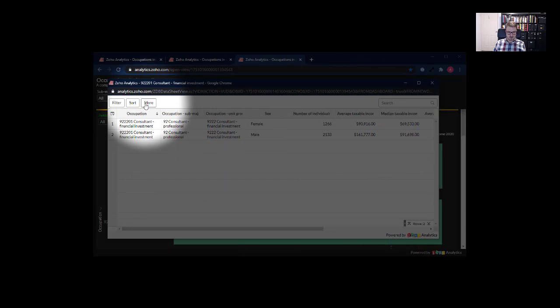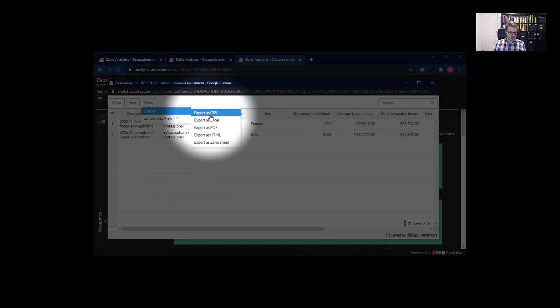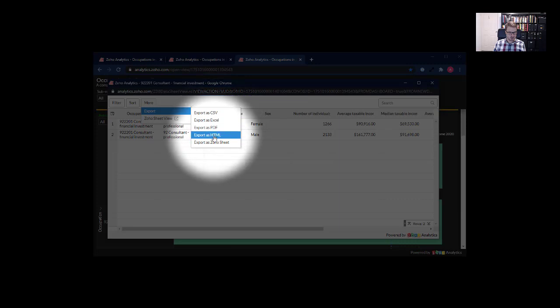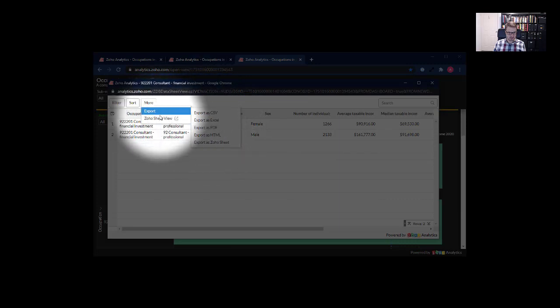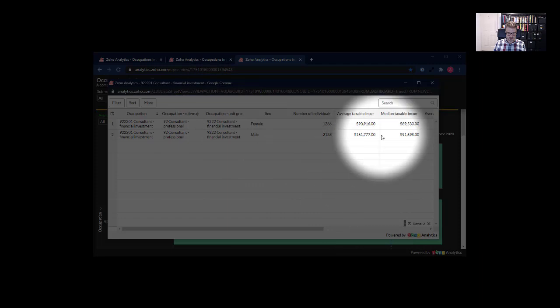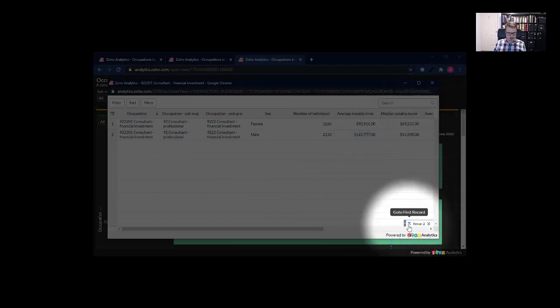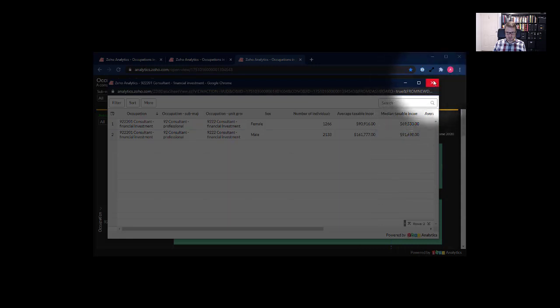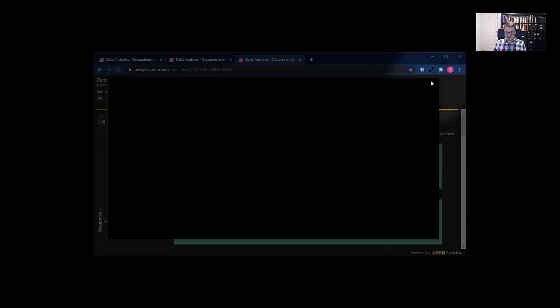When you are viewing data, you can filter and sort, which is really relevant when you've got lots of data, or you can click on more and export to CSV, Excel, or these other file formats. And you can view directly within Zoho Sheet, which is similar to Excel online. If you've got a lot of data as well, you can go to the first record and the last record, quite convenient. Let's close that